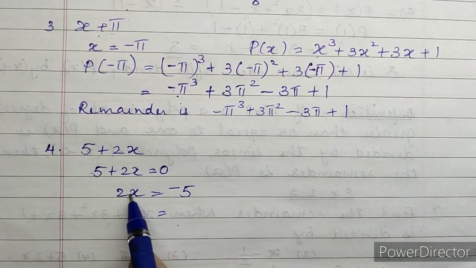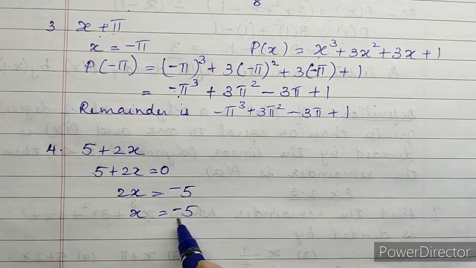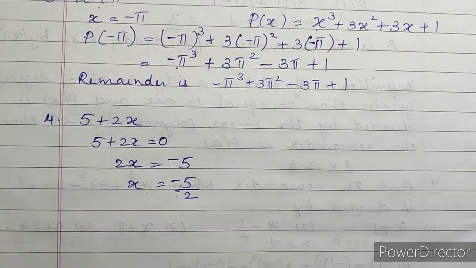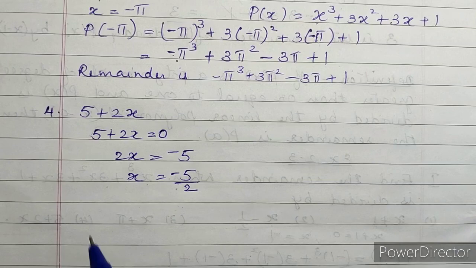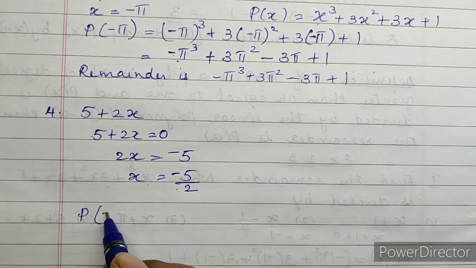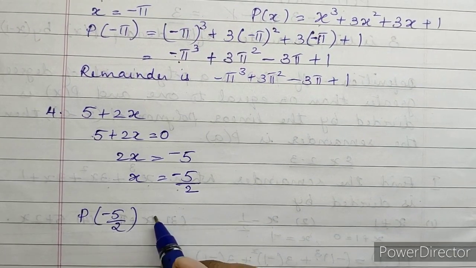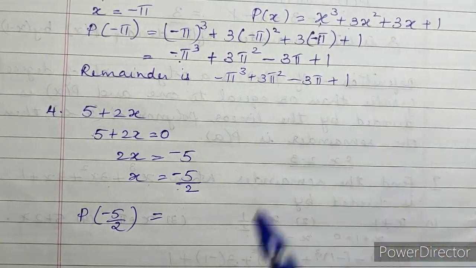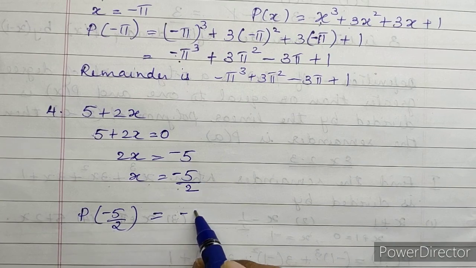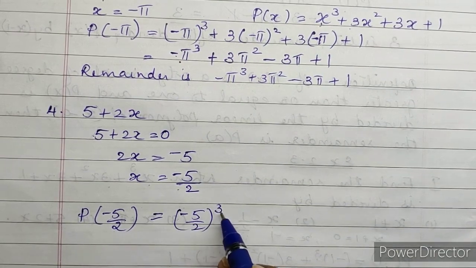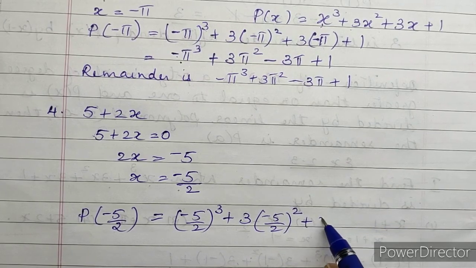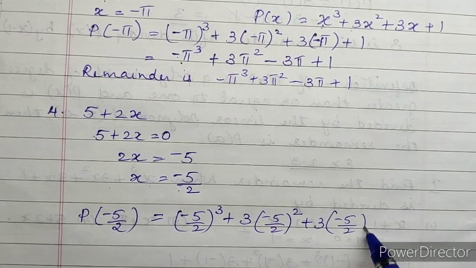X alone means here it is multiplication. So it will come down, denominator as division. So x is equal to minus 5 by 2. Now minus 5 by 2 you have to substitute instead of x. So p of minus 5 by 2 equals, equation is same only, x cube plus 3x square plus 3x plus 1. That is minus 5 by 2 whole cube plus 3 into minus 5 by 2 the whole square plus 3 into minus 5 by 2 plus 1,